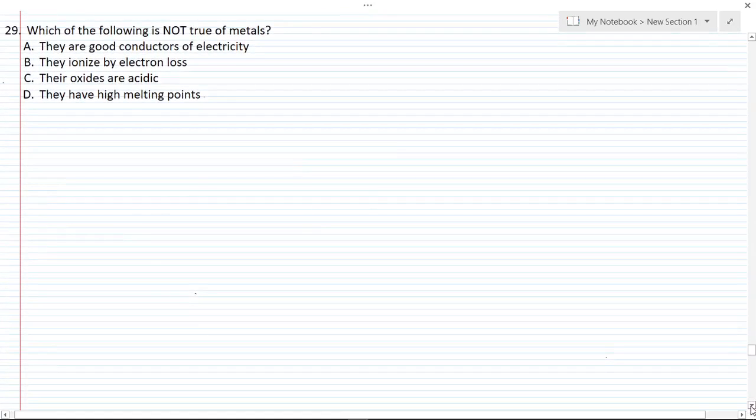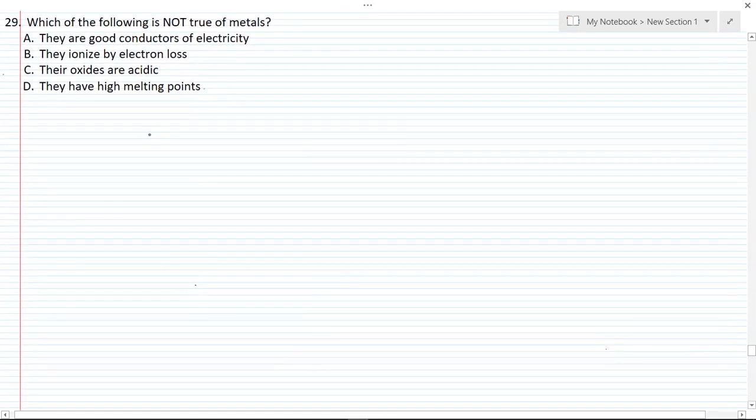Question 29. Which of the following is not true of metals? A. They are good conductors of electricity. B. They ionize by electron loss. C. Their oxides are acidic. D. They have high melting point. So this is pretty much an elimination type question. The moment we get an option that is not true of metals, it means that's the correct option, and we don't actually have to